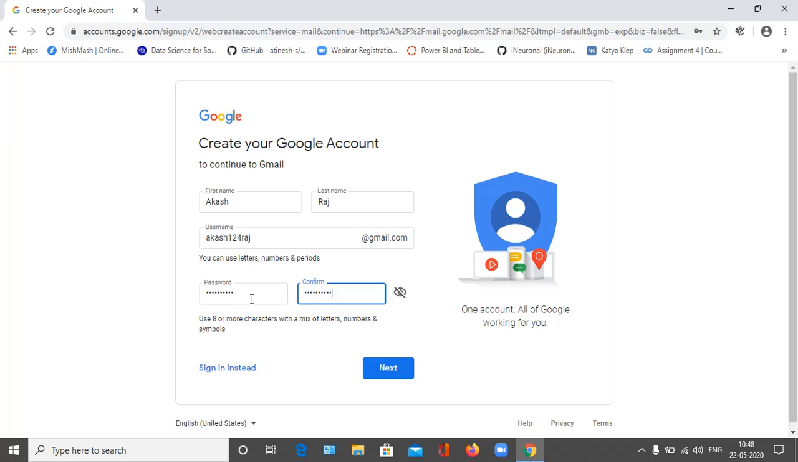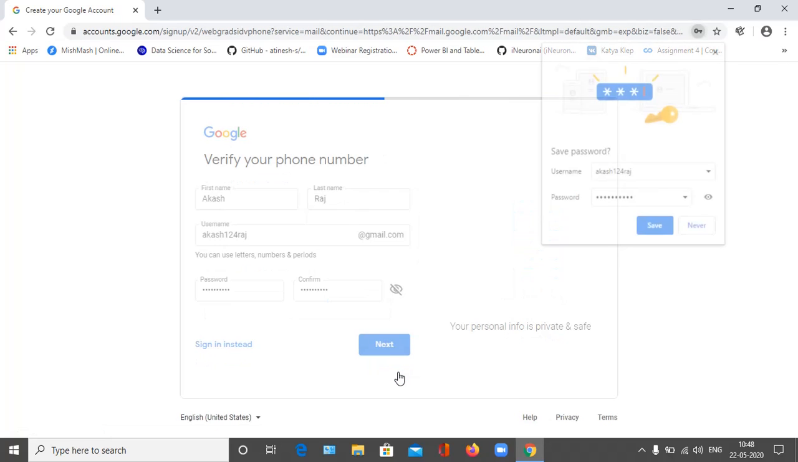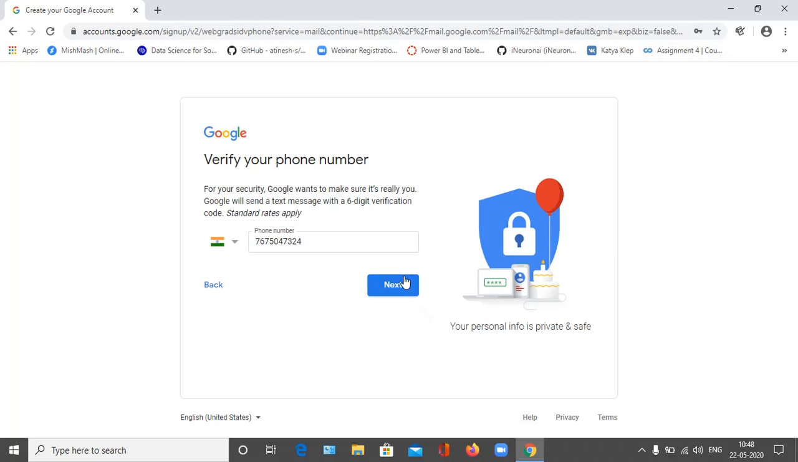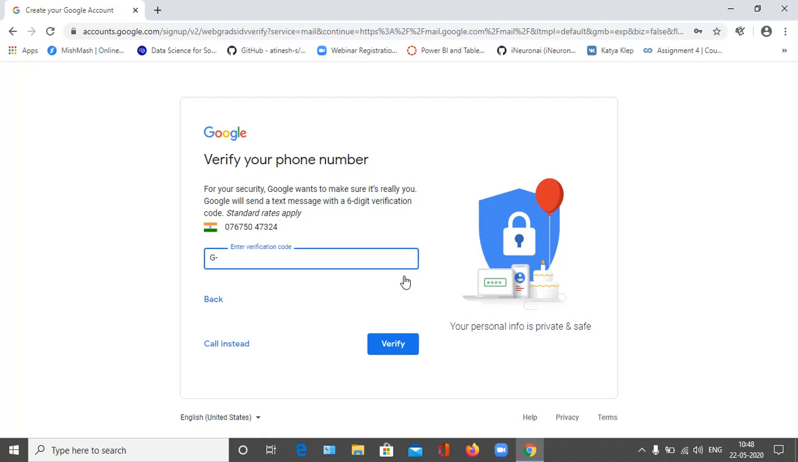Today I will show you how to push your code to your GitHub repository using Visual Studio Code. So let's get started. We have to enter our phone number here. Enter your phone number. It's for verification purposes. Click next. And after that we have to enter a code received on that number. So I'm entering my code here,